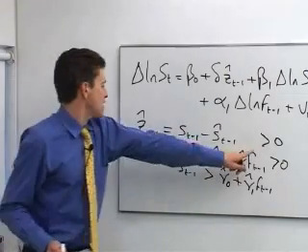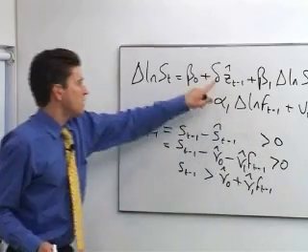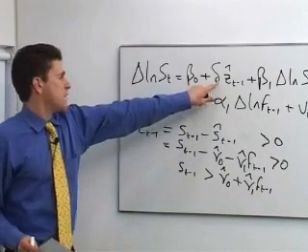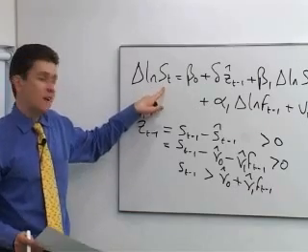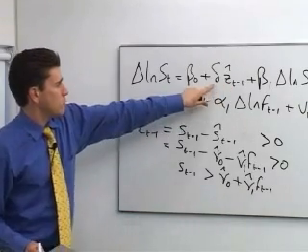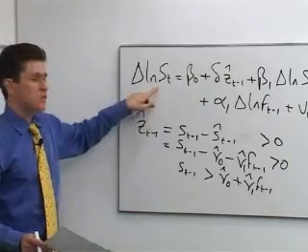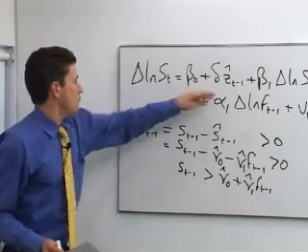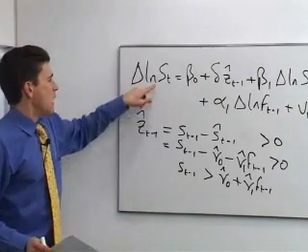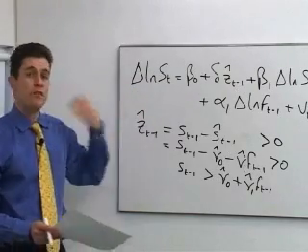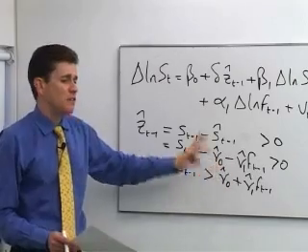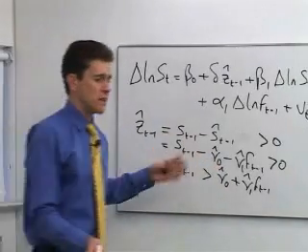So if z hat t minus 1 is positive, the delta coefficient here is negative, so that means the change in the log of the spot price will be negative, because we've got a positive multiplied by a negative, which means this will be negative. What does that mean? If this is negative, that means the spot return is negative, i.e. the log of the spot price is falling. And that's what we need to restore equilibrium in this case.